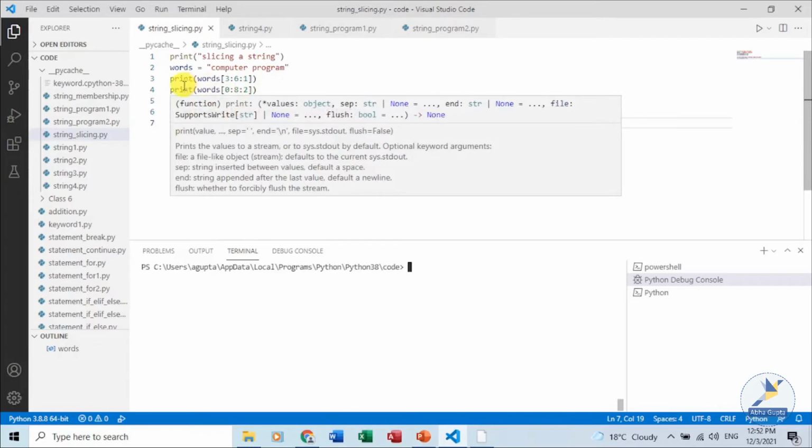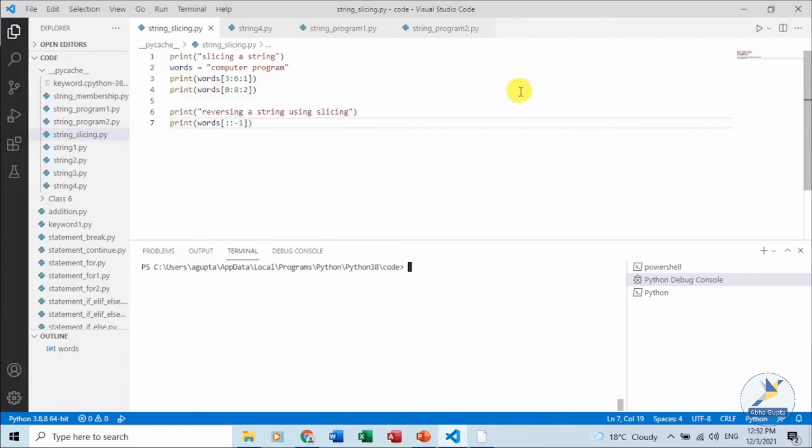For example, we have a word variable which has been assigned computer program, and using slicing, using the starting and the ending position, and the jumps which we will use in this string slicing, we can define that. We can extract a substring.